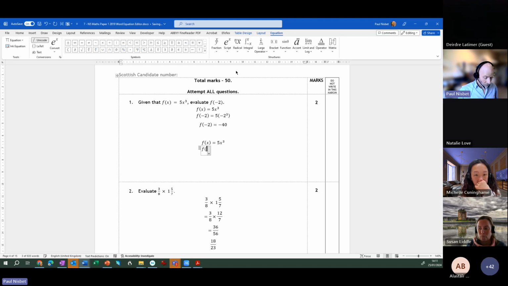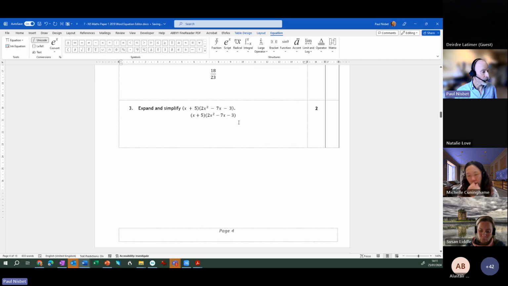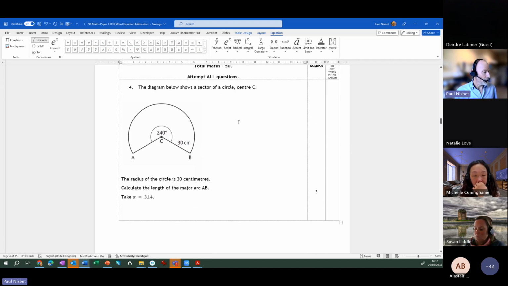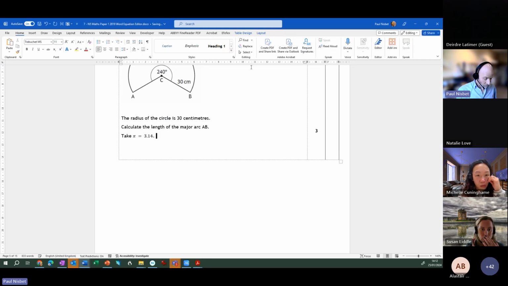And so f of x equals 5, etc., etc., etc. So that's just the Word equation editor, and it's quite nice because you can relatively easily generate mathematical notation. And even if you want to just do something simple like put in pi,